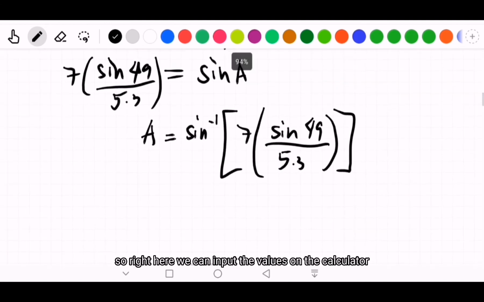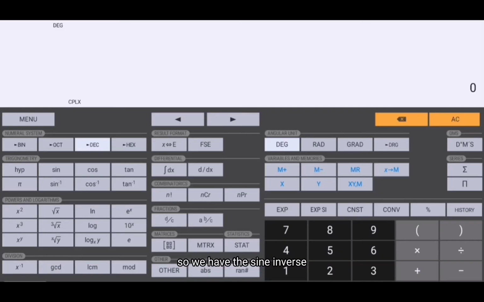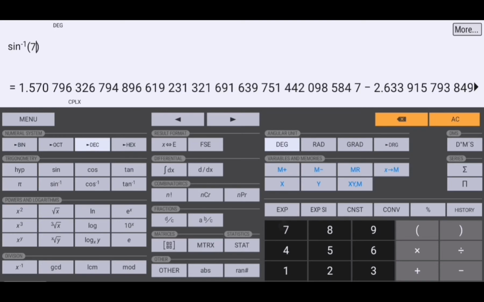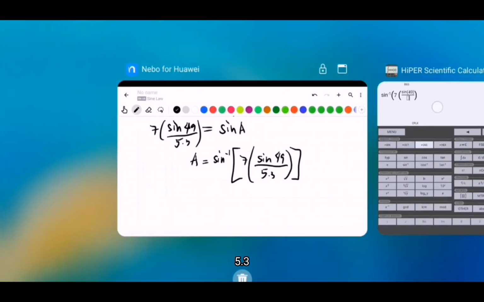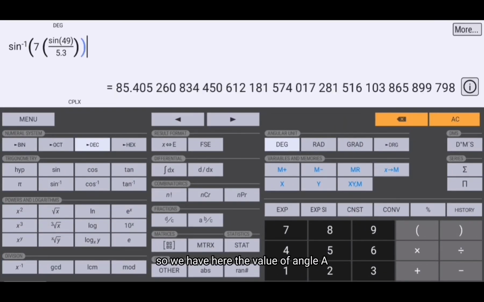Right here, we can input the values on the calculator. We have the sine inverse of 7 times the fraction of sine 49 degrees all over 5.3. So we have here the value of angle A, which measures 85.41